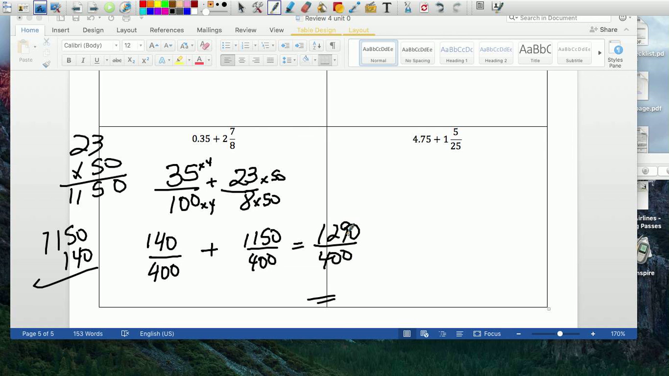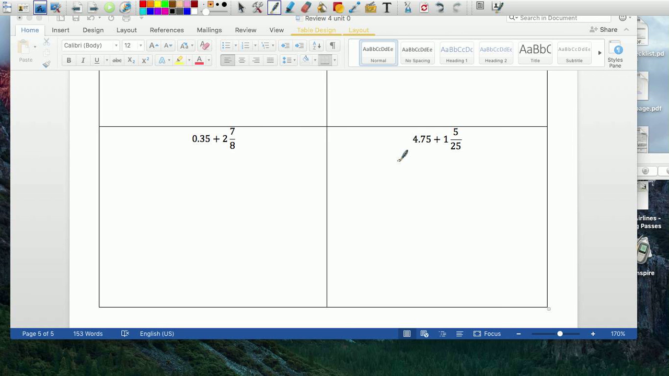So 400 goes into this 3 times, 90 left over 400. And if you simplify that one more time, it's going to be 3 and 9 over 40. I can divide 90 by 10 and 400 by 10, and I get this as my final answer. So you have choices as to which way you want to do it. Next, 4.75, and again, I will change